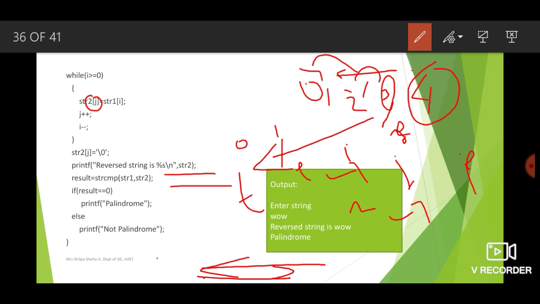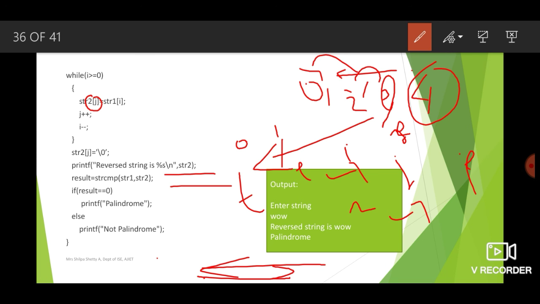So now we have to check whether the strings are equal. You know that if the strings are equal, then the value from the string compare function should be equal to 0. That is, we have to check whether the string is a palindrome. What do you mean by palindrome? The original string as well as the reverse string has to be the same. So that is string comparison between the original and the reverse string.